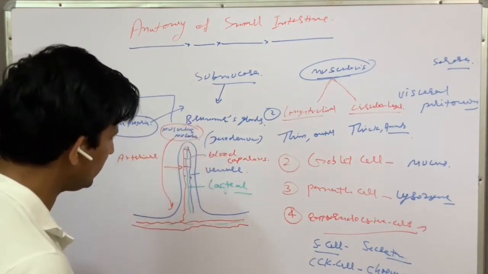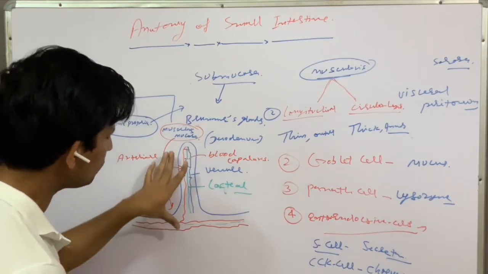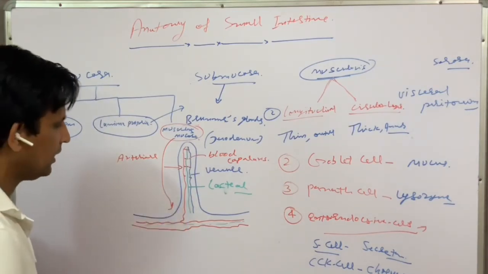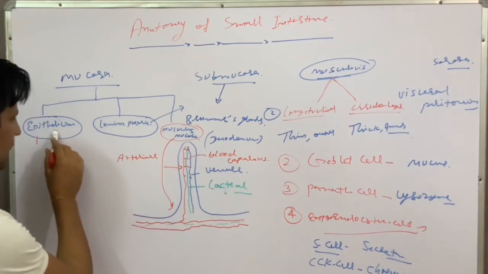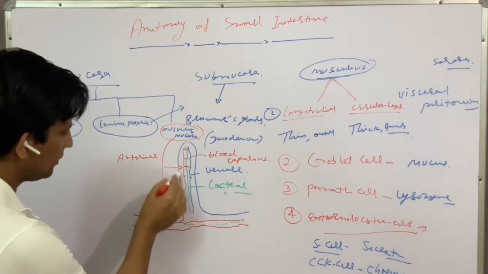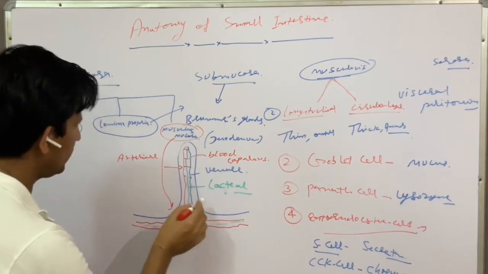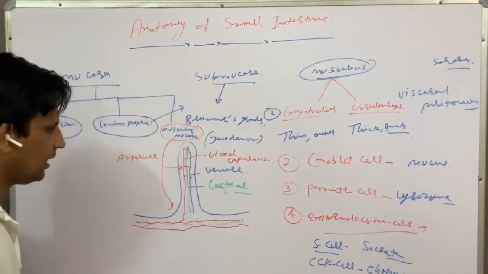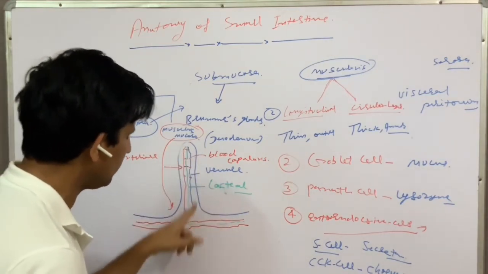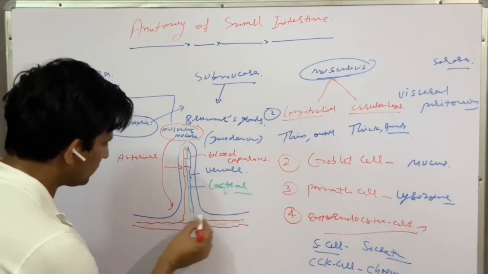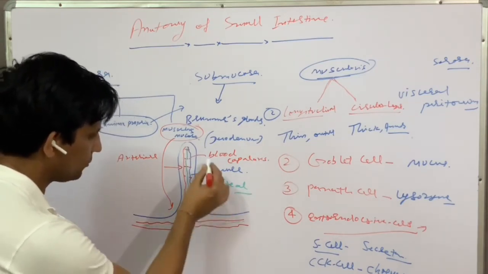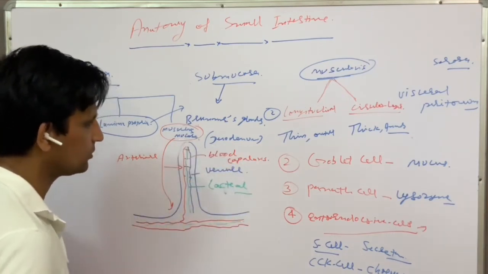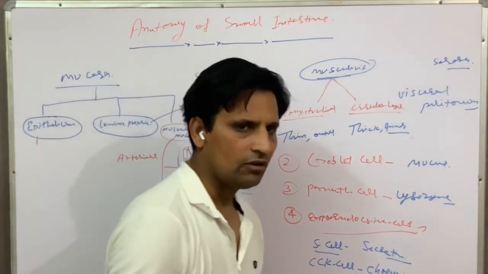So there are three basic structures which we can find in the layer of the mucosa. One, the circular folds, and along with the circular folds there is epithelium, the outermost layer which is in direct contact with the content. Below this there is lamina propria, where structures like arteriole, venule, lacteal or the capillaries run, and below this is the main structure where all the arteries related to the arterioles and venules run. This is the muscularis mucosa. So these are the basic structures.